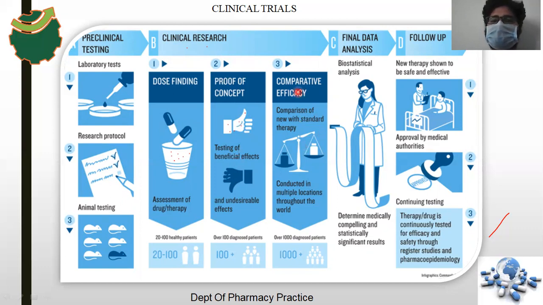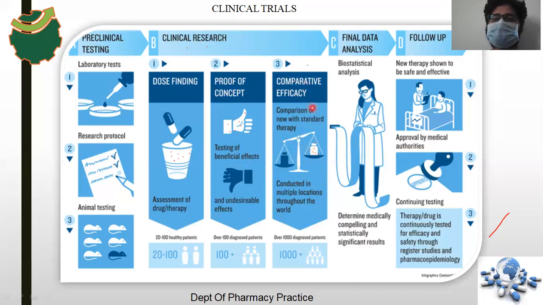Once that is done, we'll go for phase three, where we are going to see what you call the confirmatory phase. Phase one is the safety phase, the human pharmacology phase. Phase two is the therapeutic identification phase, and phase three is the confirmatory phase. Here we'll be seeing whether the drug really has a therapeutic efficacy and whether the drug really has a toxic effect, on which group of people it is effective and on which group it is not effective.